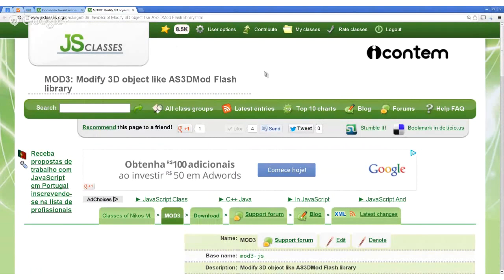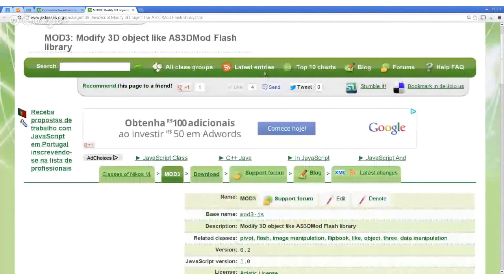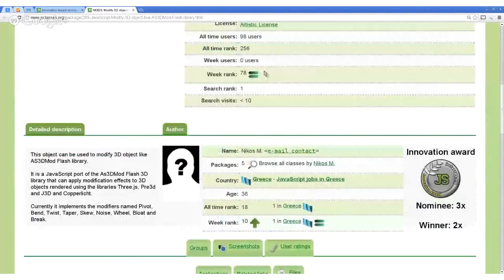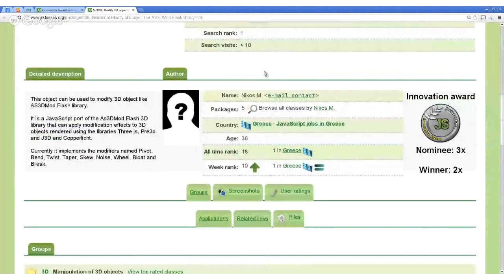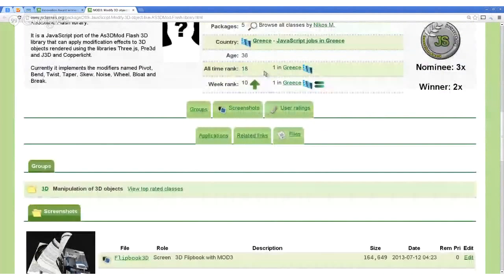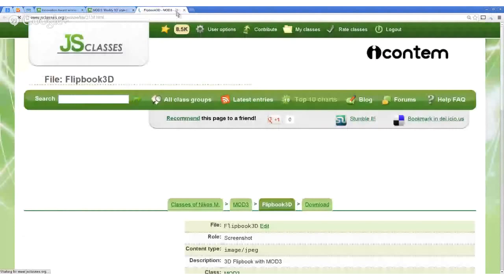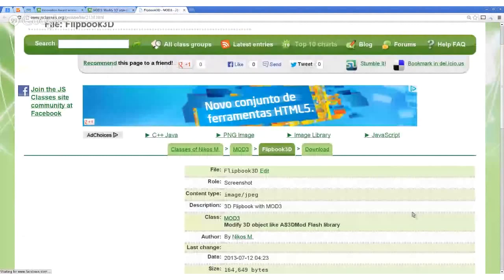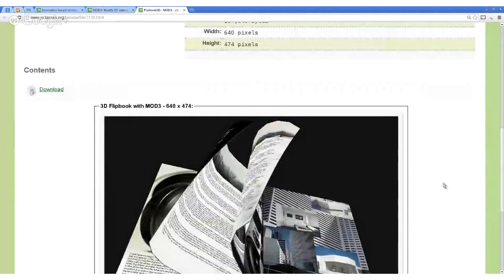And this one was again developed by Nikos M from Greece, and this is also very sophisticated. I was trying to render an example here, but for some reason it was not rendering right now in my browser. Anyway, you can see on this screenshot here